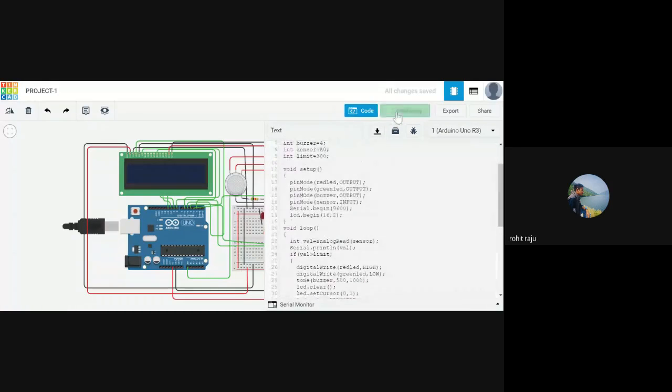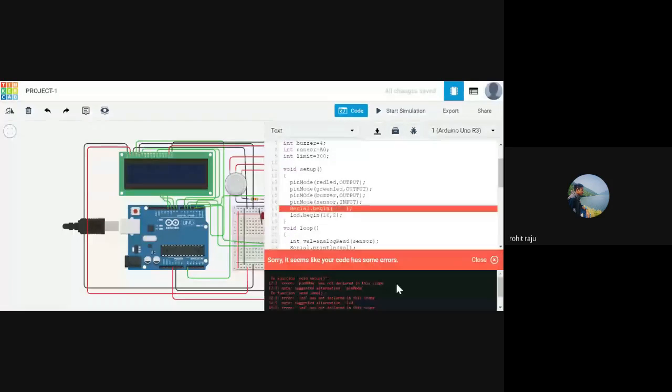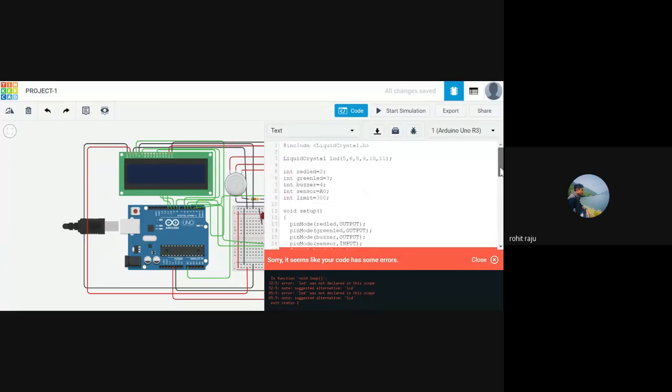Let's start the simulation for now. We have some couple of errors right here. Yeah, pin mode was not declared in the scope. So yeah, I think this is O right here, right? Let's start again. Let's debug this code. Yeah, int LED was not O. So we have error in the 30-second line. We have the LCD. Yeah, we have given LED somewhere. So let's fix it. So where is that LED?